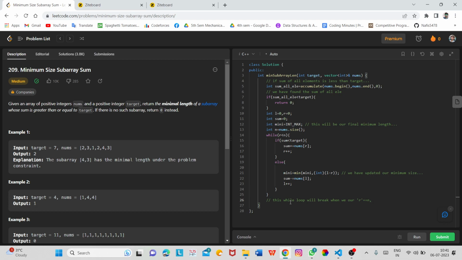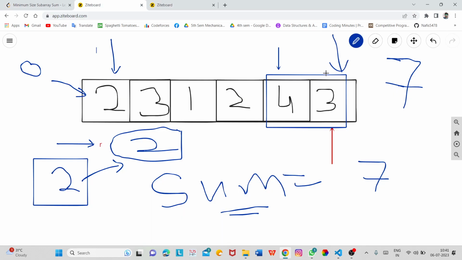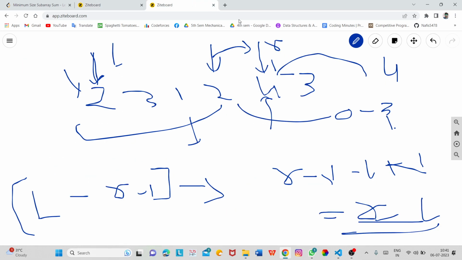So basically, what does it mean? When our R reaches the last index, this will end. So when we have R at our last index, we need to check for smaller sizes. So we will try to decrease the size by moving L.